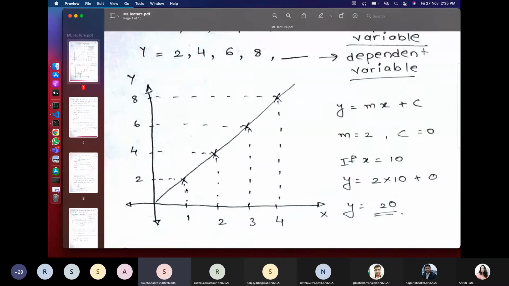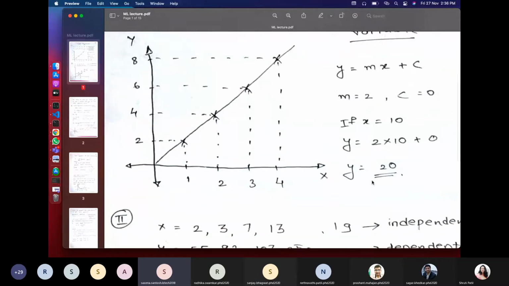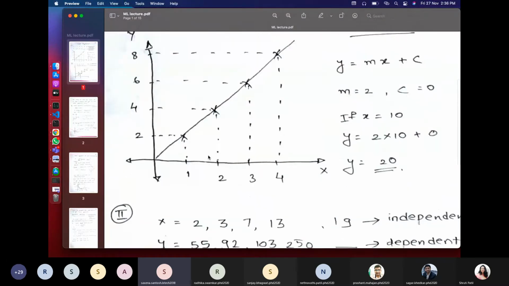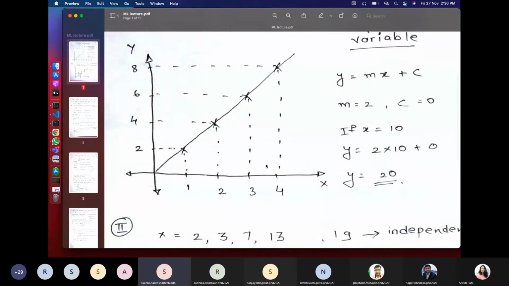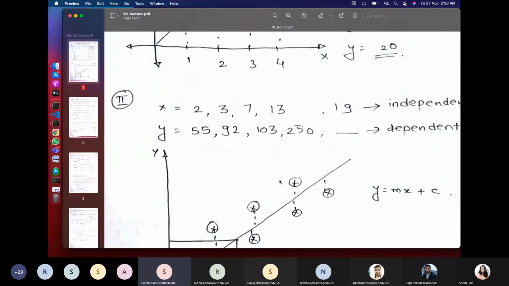Like here we plot all the points: 1 equals 2, 2 equals 4, 3 equals 6. And by looking at the data set, our brain has calculated the value of m as 2. And after this, here is what we got as the answer. So in linear regression, what we try to do is make a best fit line which will give us the least possible error, so that our predictions can be done with a good amount of accuracy.